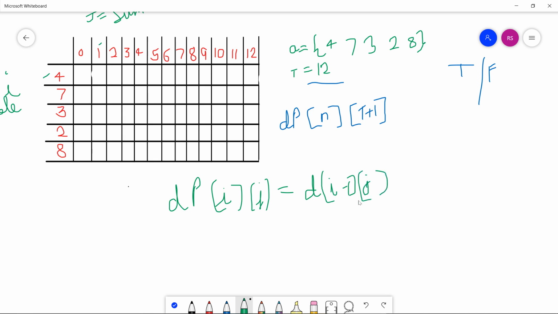If we include this element or if we exclude this element.